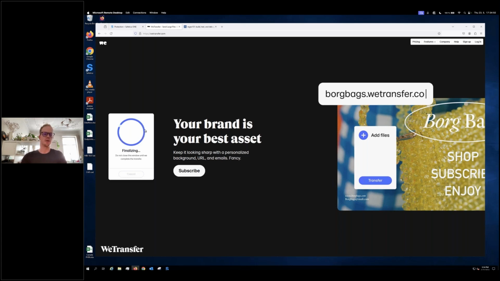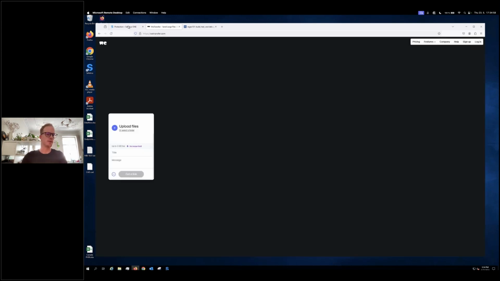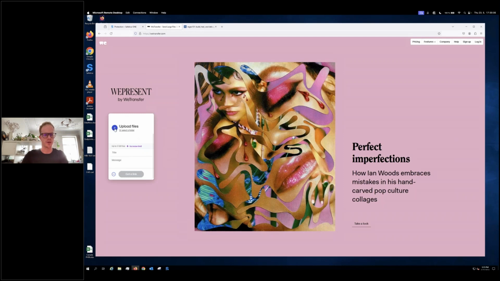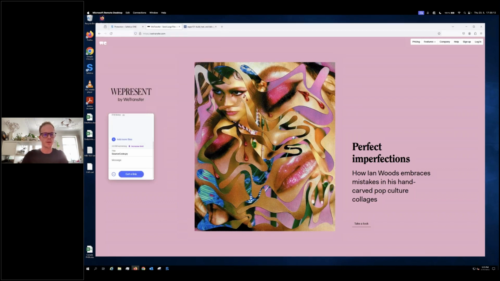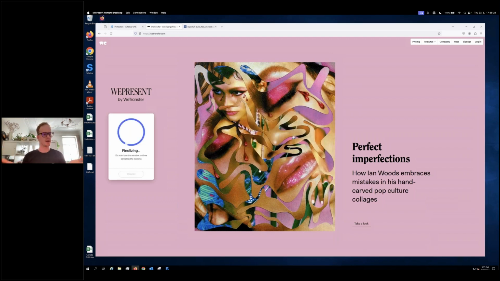So again, we can see now it does allow the file through. Notifying is a good way for education, let's say. But of course, if you do want to be more restrictive, just flat out blocking will be better, or block with override. And that one was source code, and that's just based on the file extension of a Python file. So let's just do that, for example. We see file upload was blocked, override, and we have to give a reason. So: one-time exception, I need to send this file places. And again, we can override it and it will go.